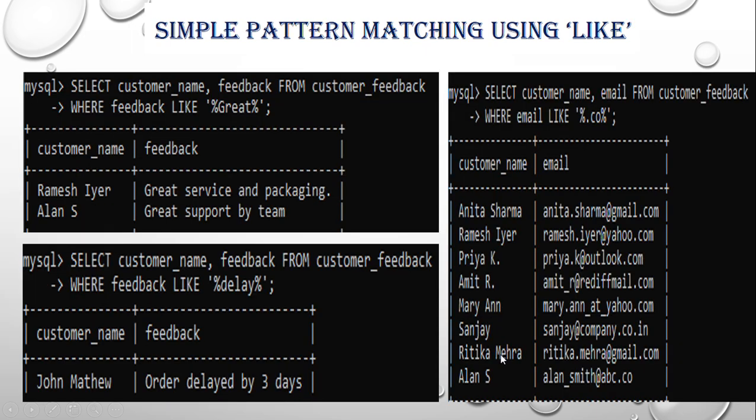In the same way, if I want to understand the customer feedback, and find feedback containing the word great, then I can use percentage great percentage. And if I want to see in the feedback what the delays are, then we can use percentage delay percentage. Notice delay comes in the middle of the feedback. So this percentage will take all these characters and this percentage is taking all these characters. In the same way, to validate email also we can use these wildcard characters and the LIKE operator and do